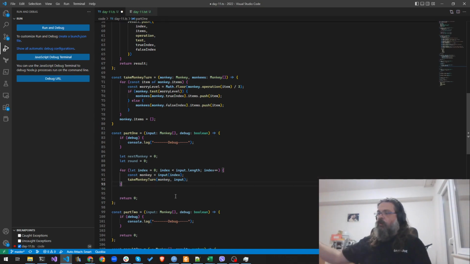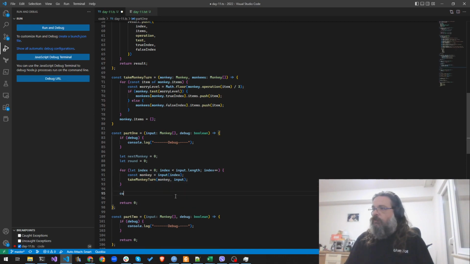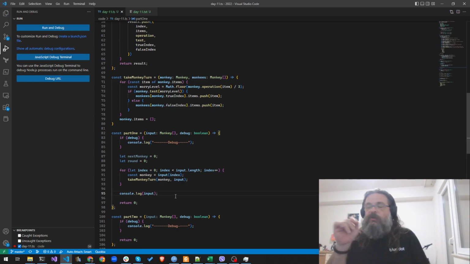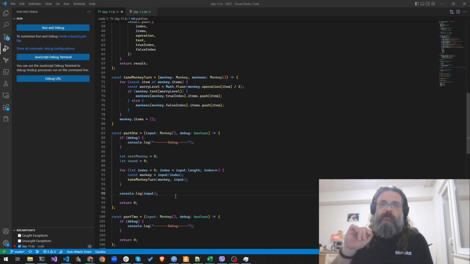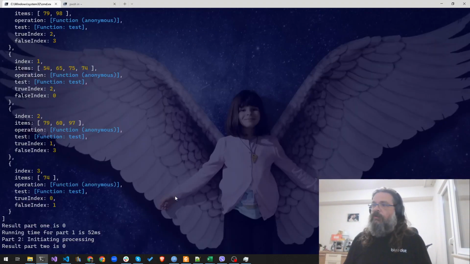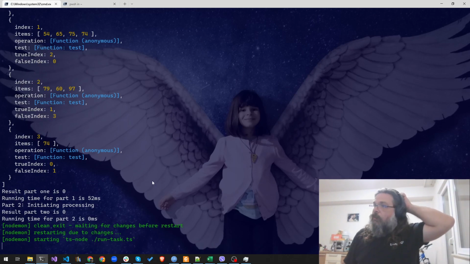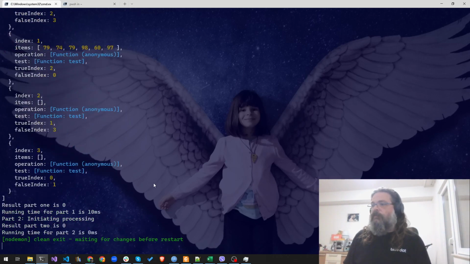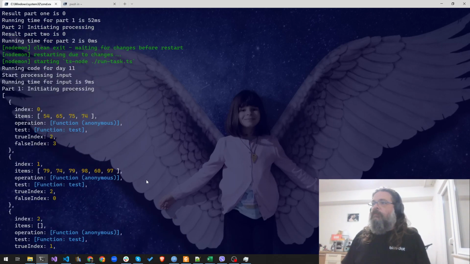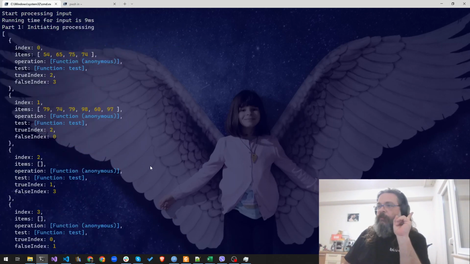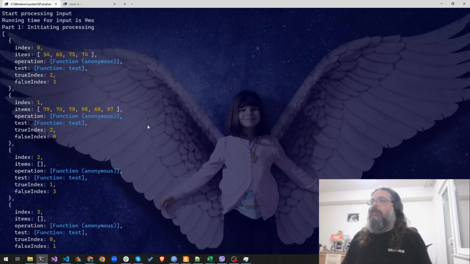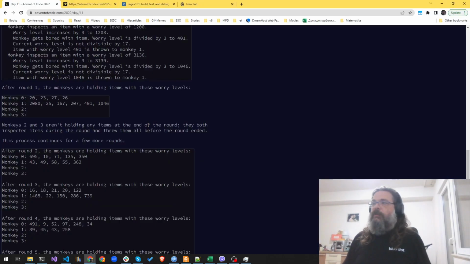So this will go through all of the monkeys, and then we can just console log the input. Note that this is a destructive thing. We would actually need to copy it over for part 2. But for now, let's just see what happens. So we are printing the monkeys after a single round. And the items